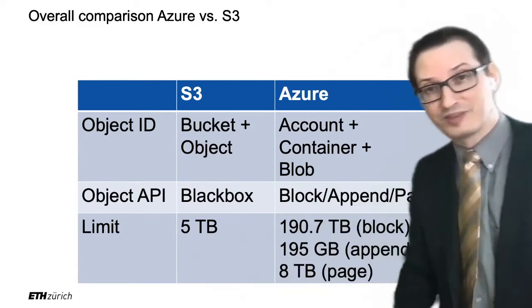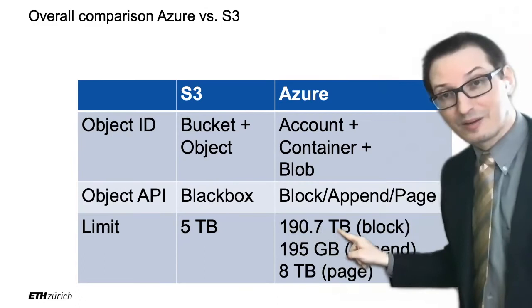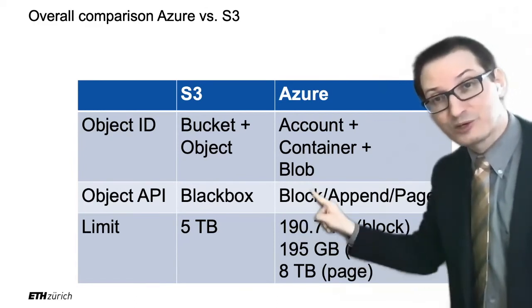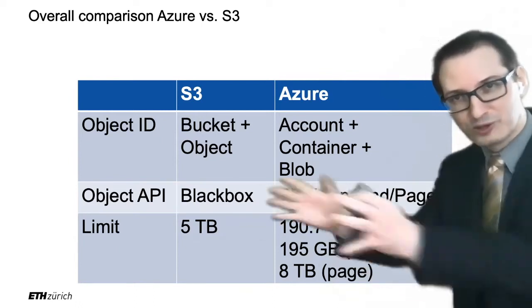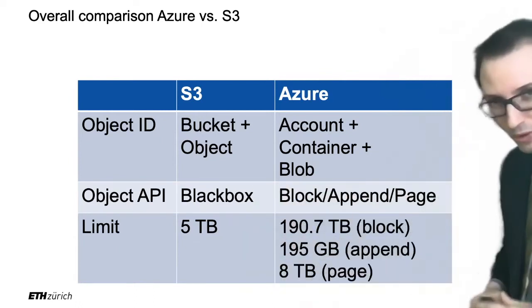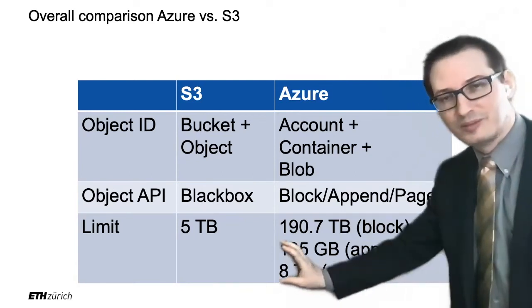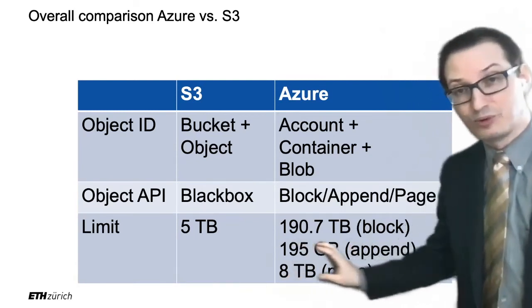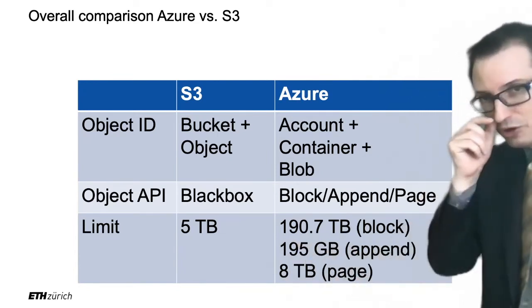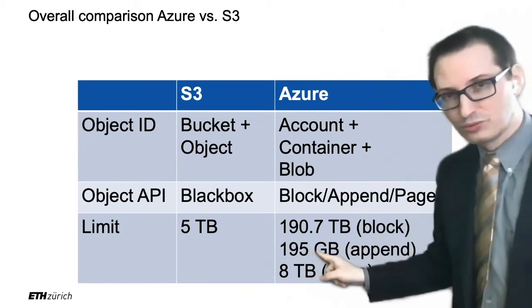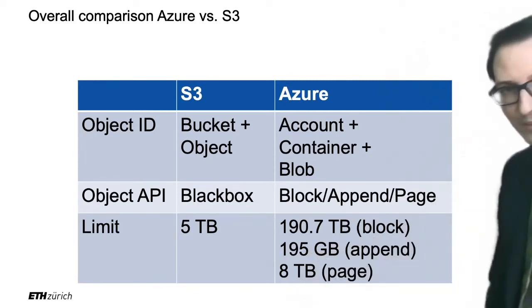So the limit here is 5 terabytes. But in Azure, you can actually go all the way to 190 terabytes, much more than a hard drive. Why? Because we have the blocks, right? But again, I stop about blocks here because we're going to talk about blocks during an hour more today. So this is why I don't tell you much more than that. And here you have the limits for the other two, but again, they are a bit less important, right? For us, for querying data. Append blobs go to 200 gigabytes and page blobs to 8 terabytes for virtual machine memory.